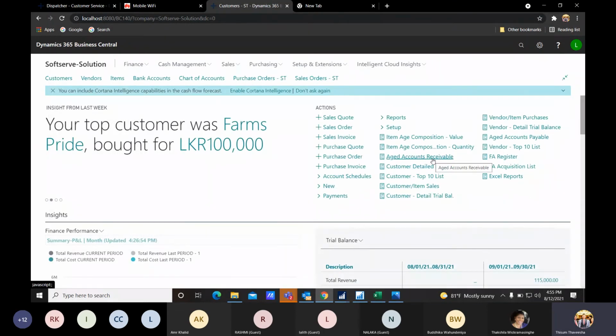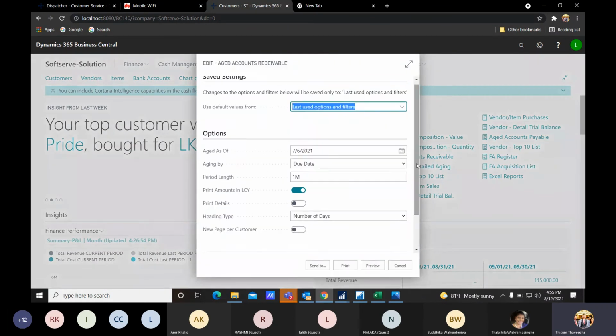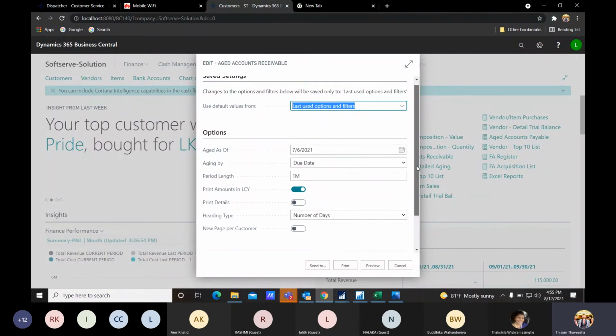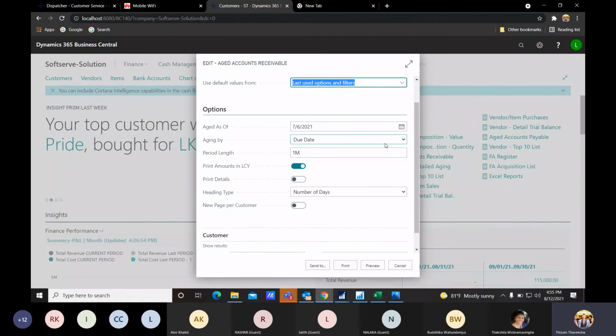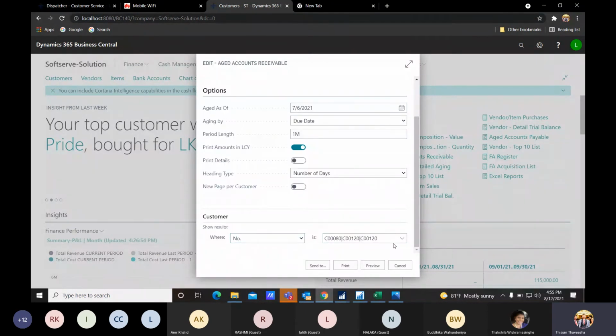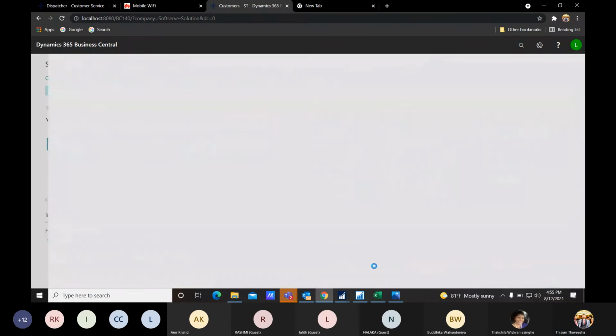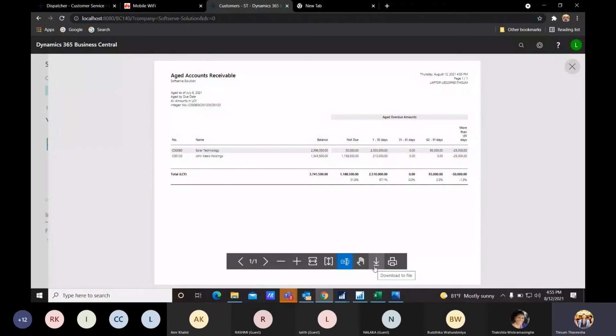And then we have our customers' aged accounts receivable, the receivable aging. Here also it is the same thing. The first page is the filter page. You can filter for a date, for a month, for customers, not for all the customers but for some customers, if you need the aging for only some. Then you can press preview. I have taken only 3 customers to help you understand.